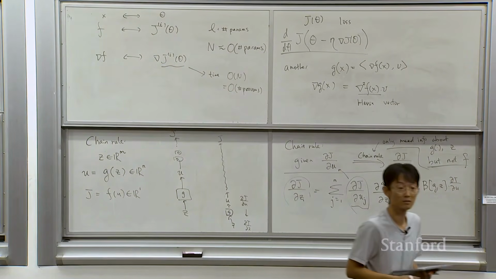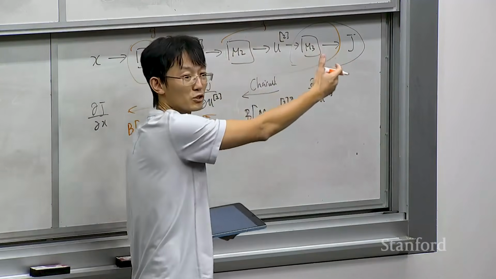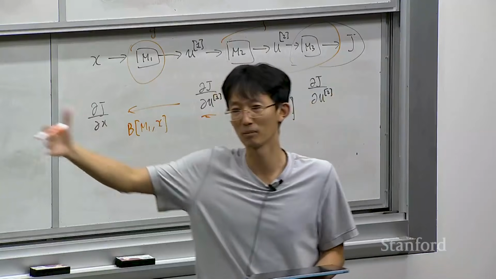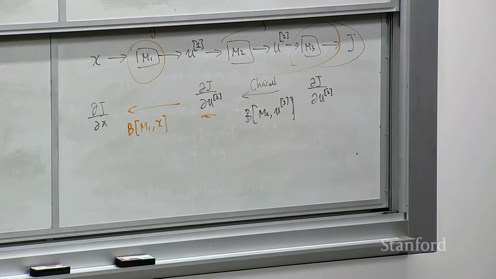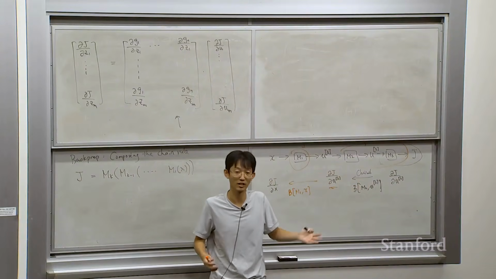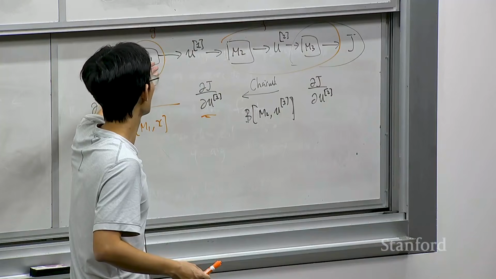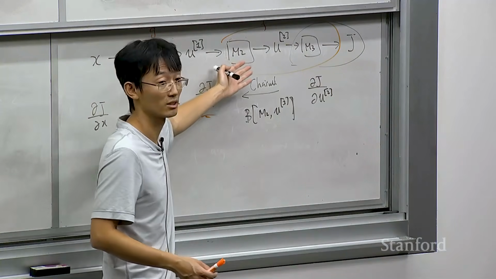Does it make sense? And of course, you can do it with many layers, right? Here I'm only showing 3 functions, but you can compose it with any number of functions. You just keep going backward from the beginning. Another thing is that all of these modules don't have to be the same, right? They can be all different. Maybe one of these G is matrix multiplication, and one of these is the